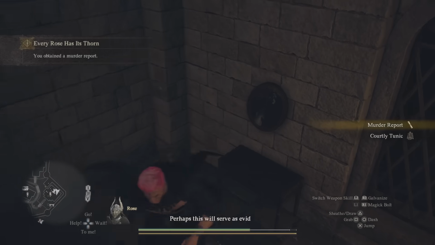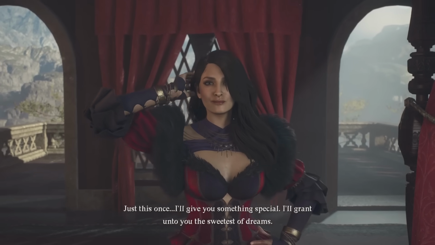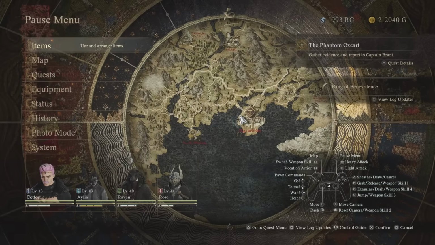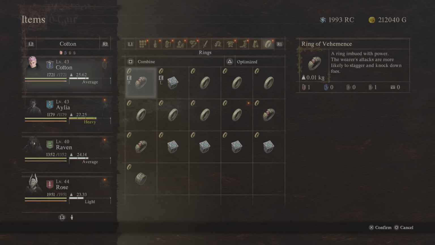Rest for a night after completing this section and then return to speak to Wilhelmina again for the romance cutscene, which ends with you getting the Ring of Benevolence, which gives you 25% of your health regenerated over a few seconds after you are hit hard enough by a singular attack, and you also get some gold too for your trouble. Then let's move on over to Batal and start near the entrance of Back Batal with a quest that